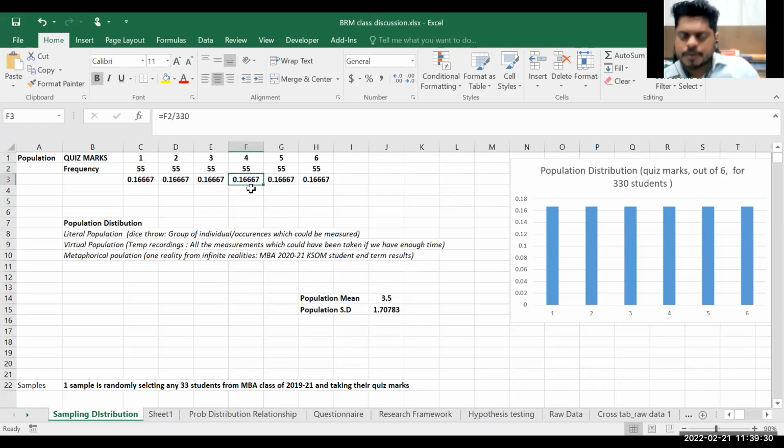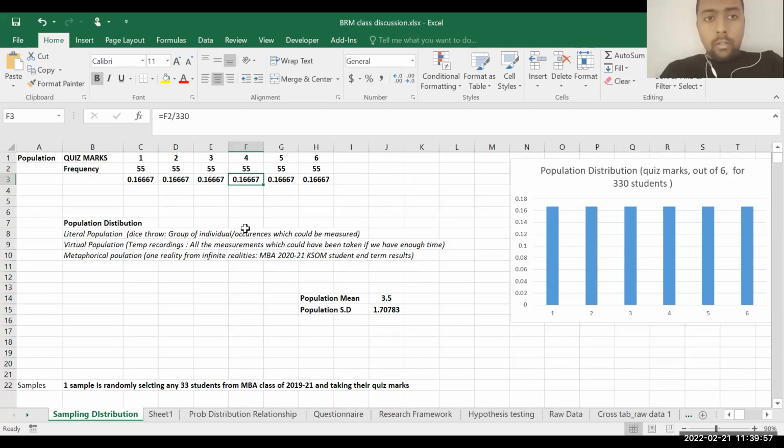How did I calculate the probability of that? I have taken the frequency of that data point, which is 55, divided by the total number of data points, right? 55 divided by 330. So that gives me a probability of 16.67%, right? If somebody asks what is the probability that this student will score above 4, from this information, what will be the probability of somebody scoring above 4? 1 minus